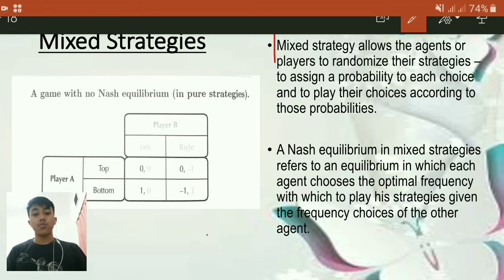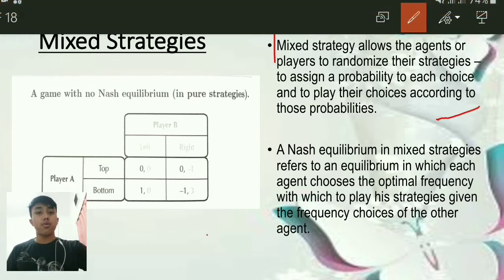Thus, the average payoff to A will be 0 and the average payoff to B will be half. So yeah, that's all for mixed strategies. For the next part, we're going to learn